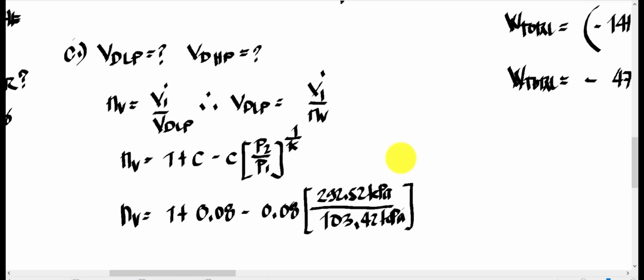This is raised to the exponent of 1 over 1.4. Okay. So finally, using your calculator,